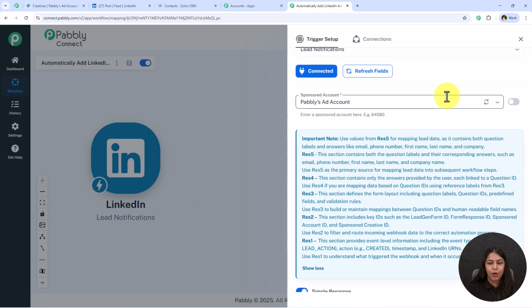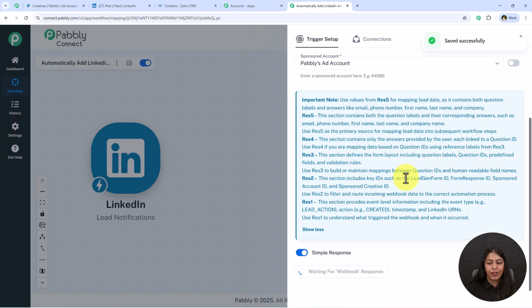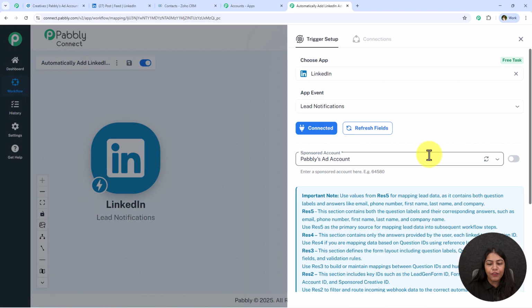We have to select the sponsored account and click on this save and send test request. And once we click on this save and send test request, it is saying waiting for webhook response. And in order to capture this webhook response, we have to do a test submission. And how are we going to do that test